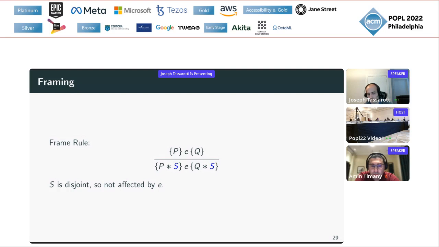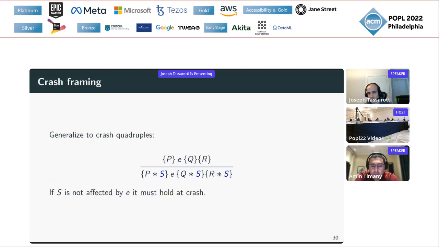Okay, so we've worked out a natural generalization of this to crash framing, which looks very familiar. Instead of augmenting just the pre and post condition with S, we also augment the crash condition with S. The reason this rule is sound is the same underlying intuition for why framing works in the first place.